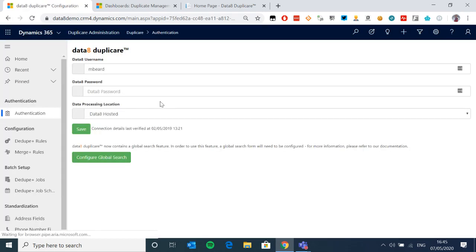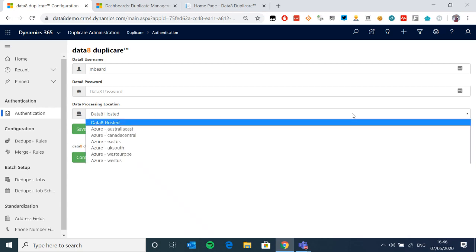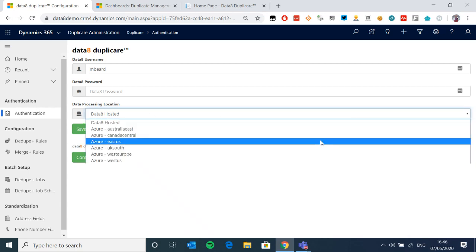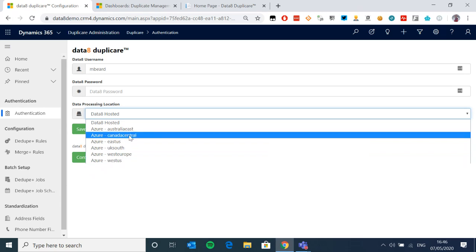So we understand data, we are ISO accredited, we jump through every single data security suite we possibly can, but people still like Azure. If you're in America or Australia or in different countries, you might not want your data to leave your country, and we absolutely get that, and unfortunately we've never really had the option around it until now. So the big announcement that we're pleased to make is that you can now pick by Azure region where you would like your data to live.